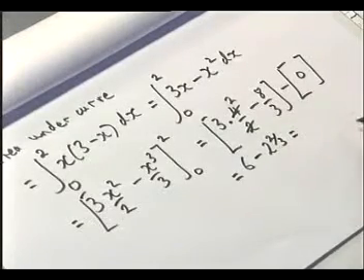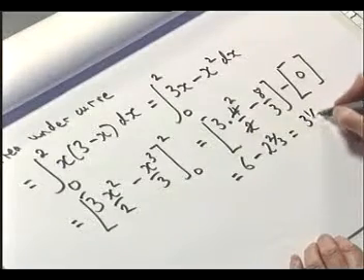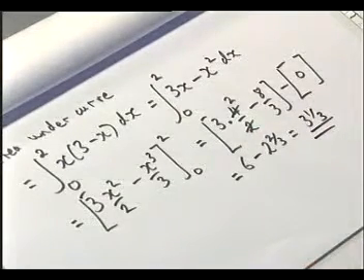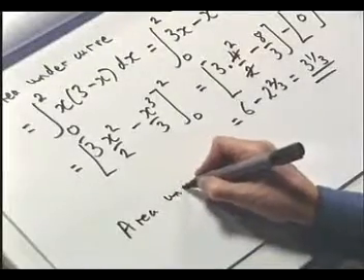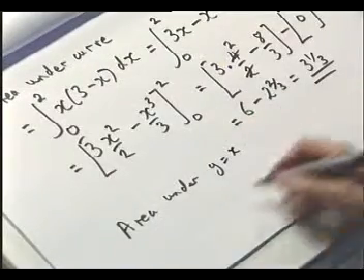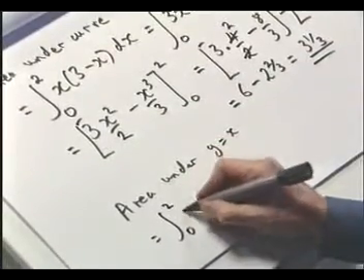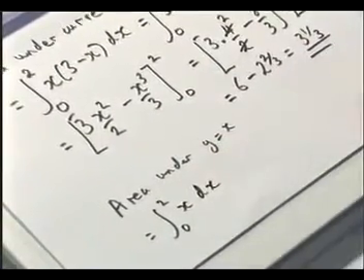So the area that we've got is 6 minus 2 2/3, which is 3 1/3. So that's the area under the curve. What we now need is the area under y equals x. So this will be equal to the integral between 0 and 2 of x dx